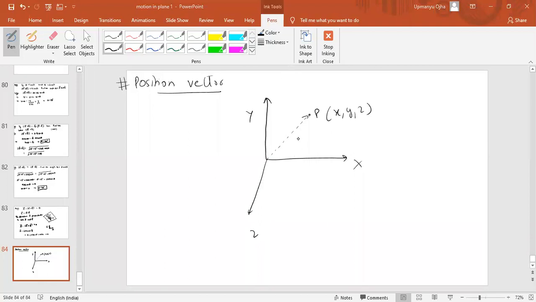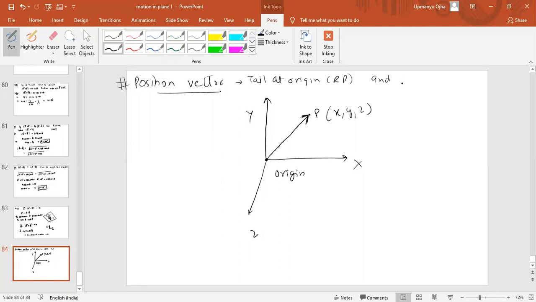Okay. So if we have some particle whose coordinates are x comma y comma z, to represent the position vector, first of all, the position vector will have the tail at the origin, and the head will be pointing towards the position P. This is known as the position vector, whose tail will be at the origin or reference point,